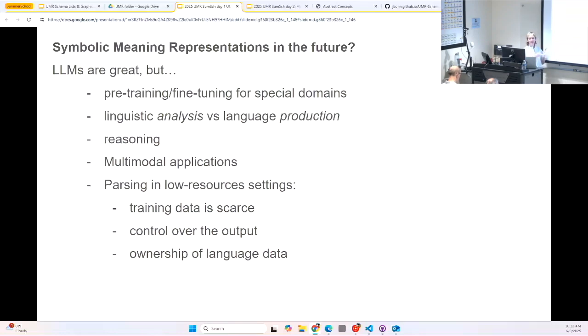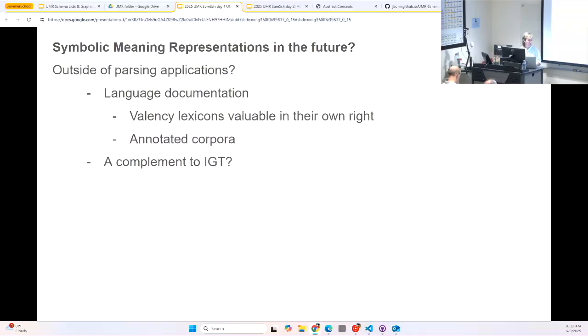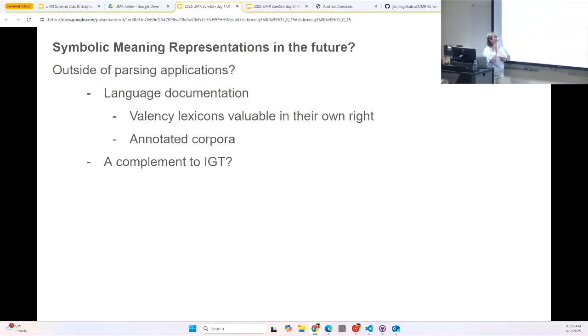And then, of course, there's the issue of ownership of the language data. So as soon as you feed things into the big AI machine, it's hard to get it back. So anyway, lots of reasons for it still being relevant. Oh, and then some of my favorites. Okay, so I don't hear a lot of conversation about this actually, but working with Arapaho,